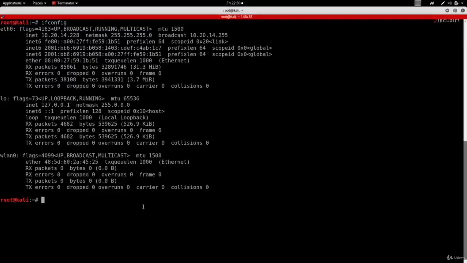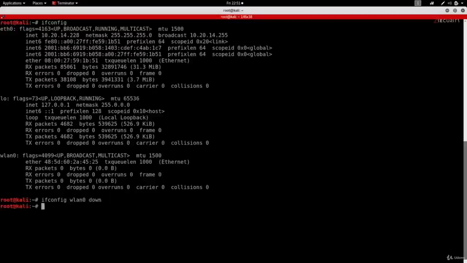Now, in order to change any of the values that you see in here, you have to first disable the interface. In this example, we want to change the MAC address, which is represented by the ether, and the value is right here. So in order to disable an interface, we're going to do ifconfig, followed by the interface name, which is wlan0 in my example, followed by down to disable it.